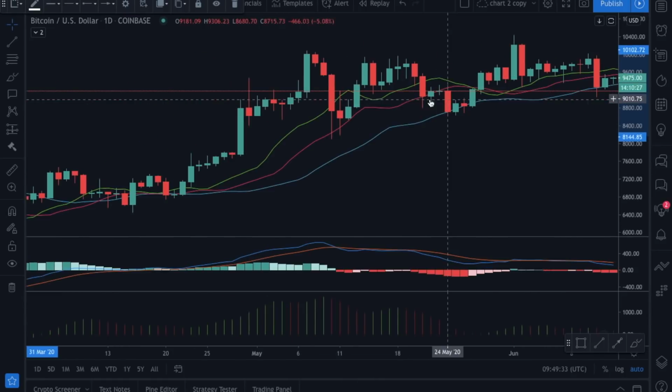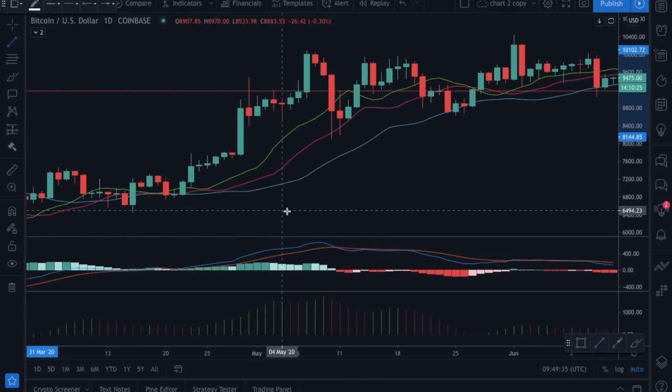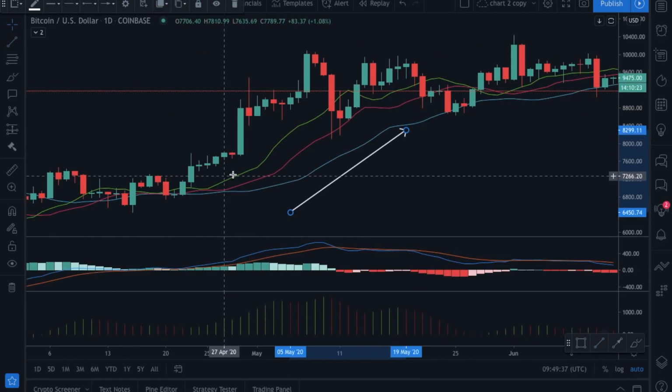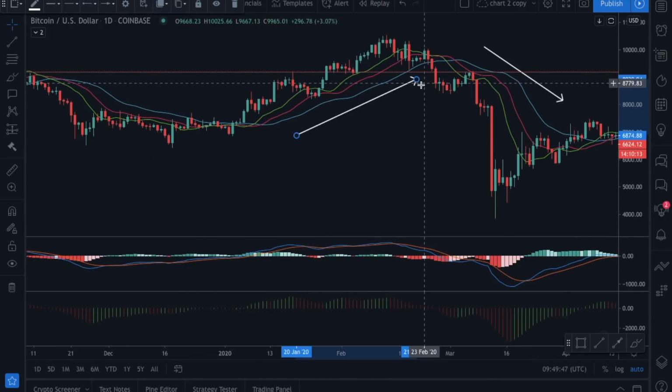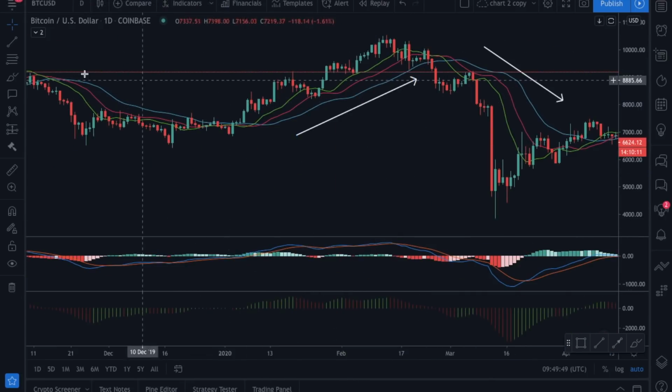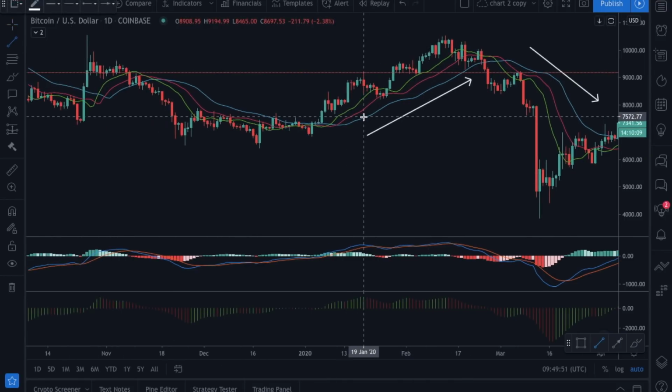So, and also when the trend is heading to the upside, you can notice here, for example, the green line is always at the top and the blue line is always at the bottom, right? So this is not a big thing to recognize, but if you look at this, you can see clearly when the trend is heading to the upside, the teeth and the lip of the alligator is always above the jawline